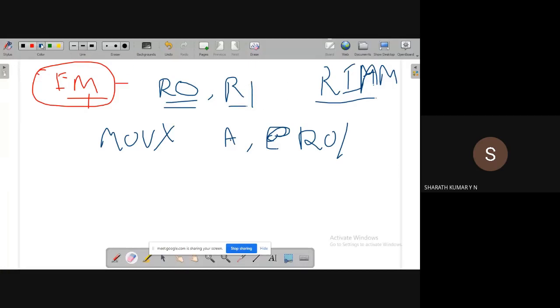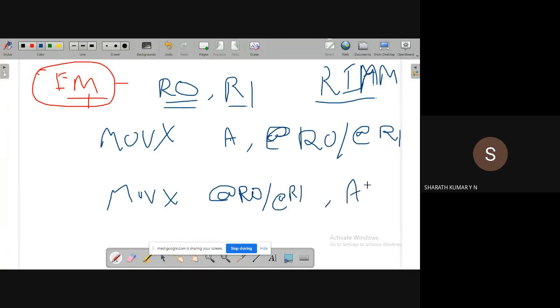The other possibility is MOVX @R0 or @R1, comma A or B. Here also it is either A or B. Yes, these two are the instructions for external memory access.